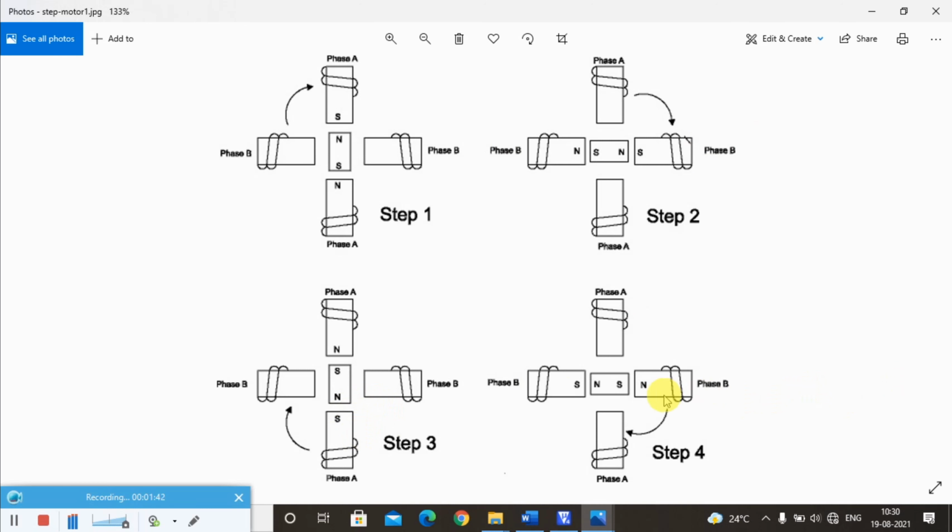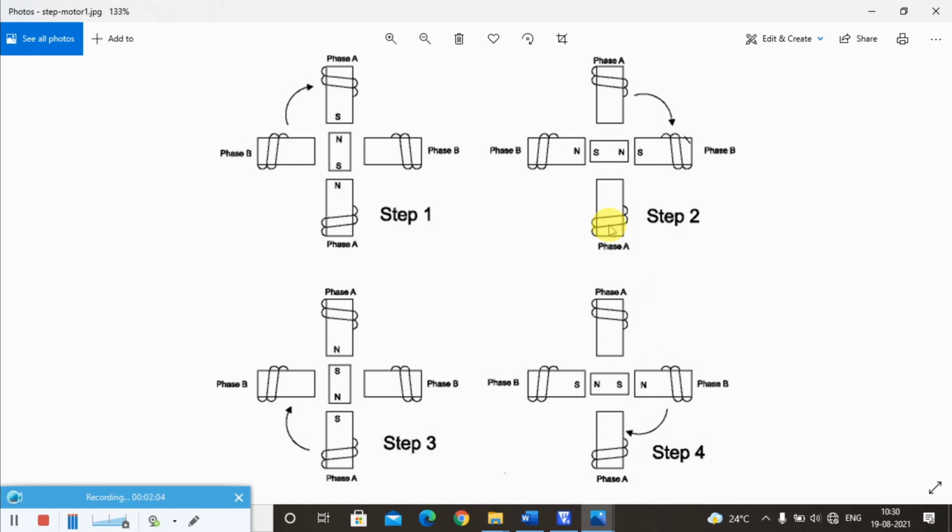And finally in step 4, phase A is turned off and phase B is turned on, with the polarity reversed from step 2. Repeating this entire sequence will cause the rotor to rotate clockwise in 90° steps.